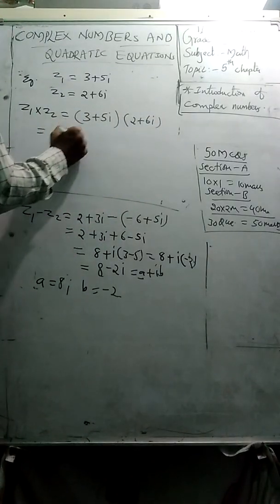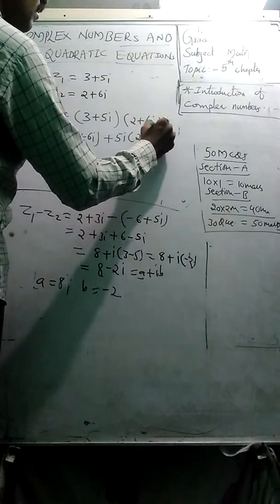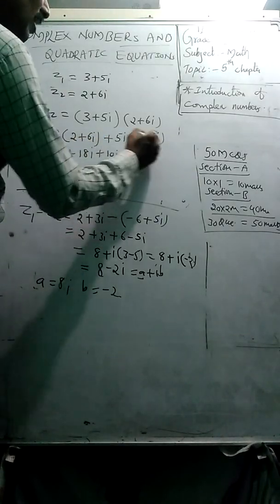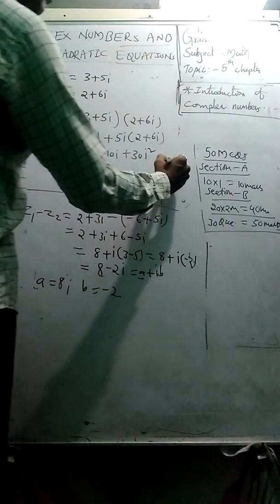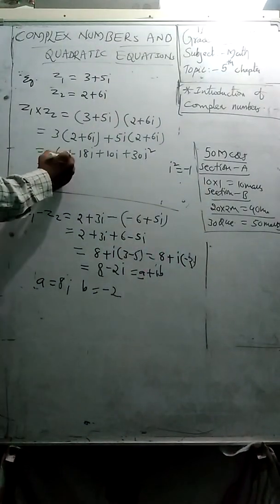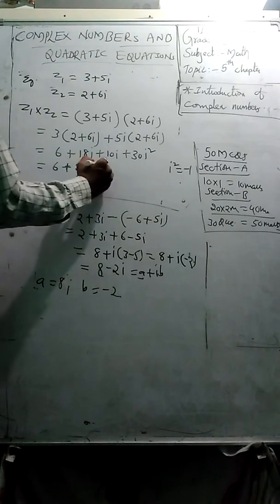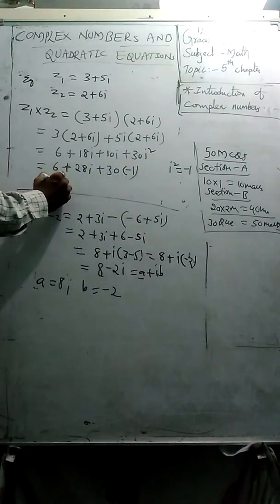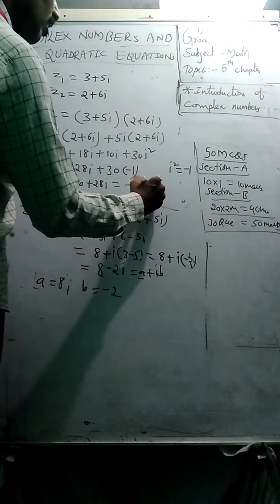You know how to multiply two binomial expressions. No issue here, no issue here, no issue here. But here you need to be careful, students, because we have i square: i into i is i square. What is the i square value according to the definition of imaginary numbers? Minus 1. So 2 plus 6 plus 18, we got 28i. But here we need to substitute the i square value as minus 1. 6 into minus 5 equals minus 30, so minus 24 plus